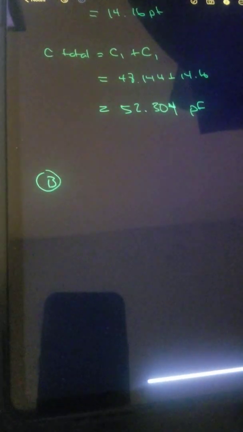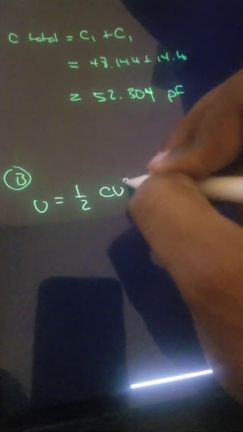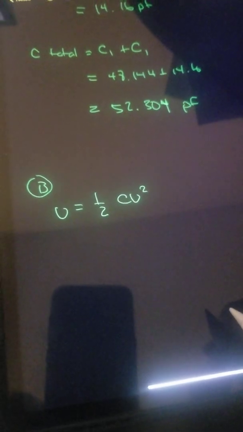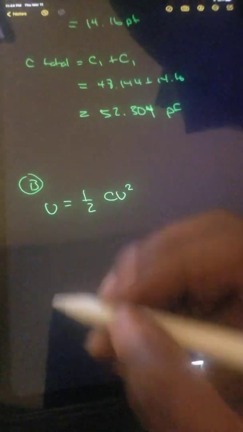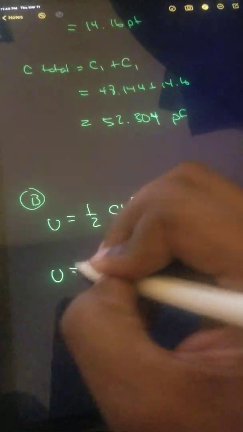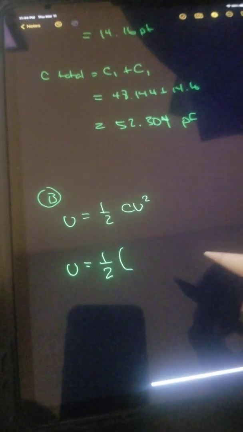For B, so the one that we just solved, that was for A. For B, the energy stored in the capacitor is going to be equal to U is equal to 1/2 CV squared. And then the voltage across the capacitor, which we know to be 18 volts, we're going to plug in the values here. We get 1/2 times